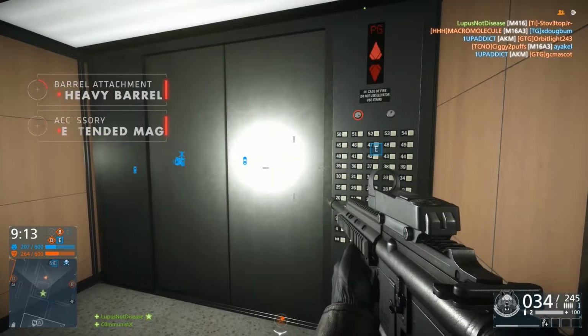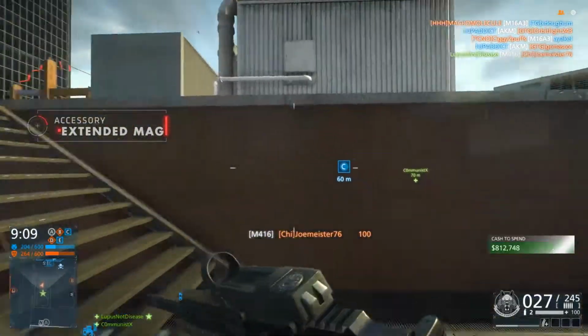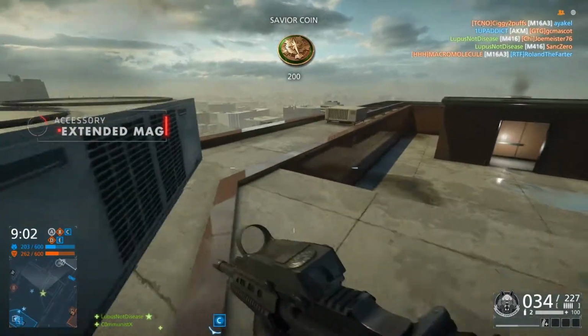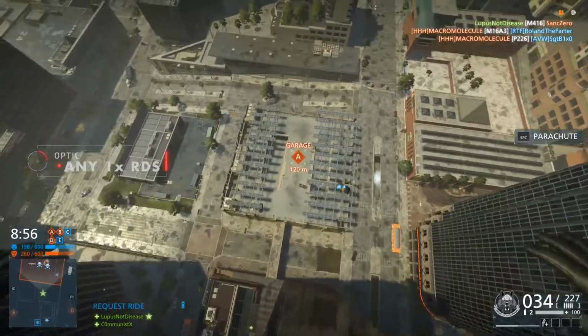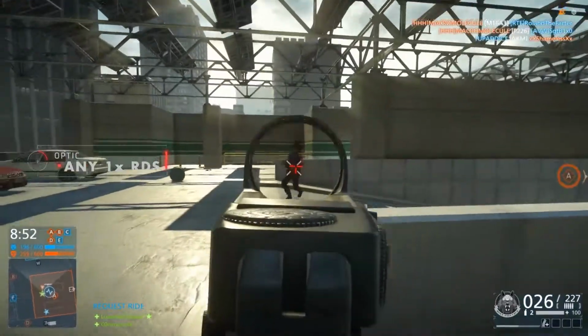As for an accessory, I use the extended mags because although it only adds 3 extra bullets, these can be very helpful in those awkward situations where you aren't shooting quite as accurately as you may have liked. Also, the other accessories provided are very gimmicky and not near as useful on this particular weapon. As for sights, I'd recommend a 1x RDS or holographic because this weapon's recoil does not suit very well with